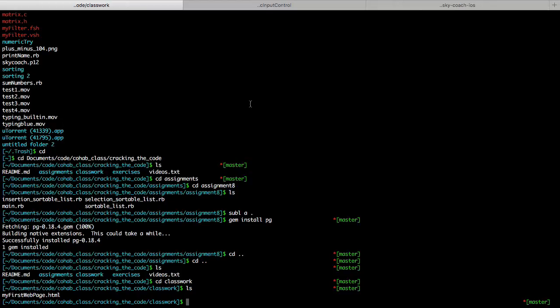Okay, we're going in the right direction. Rails new, then name whatever we want the application to be called, right? All right. We'll call this